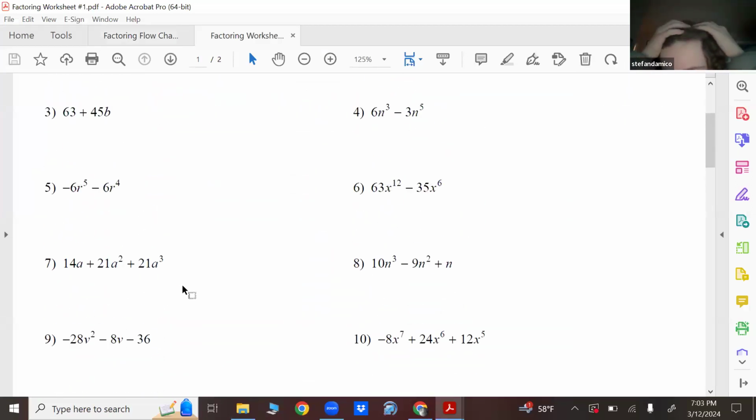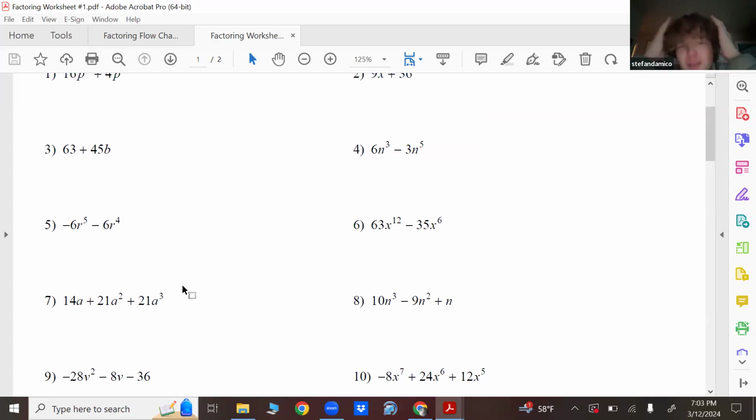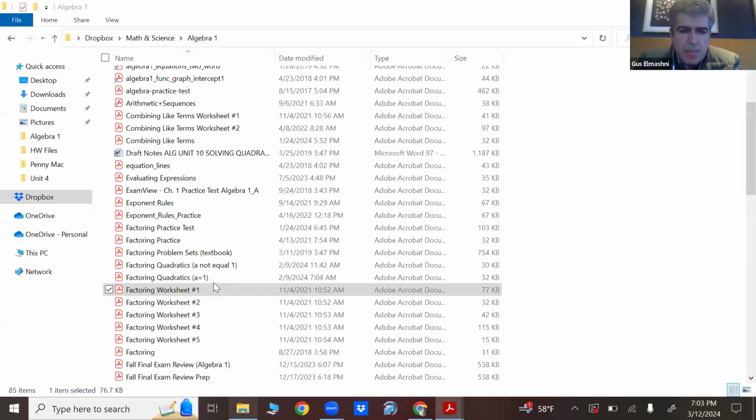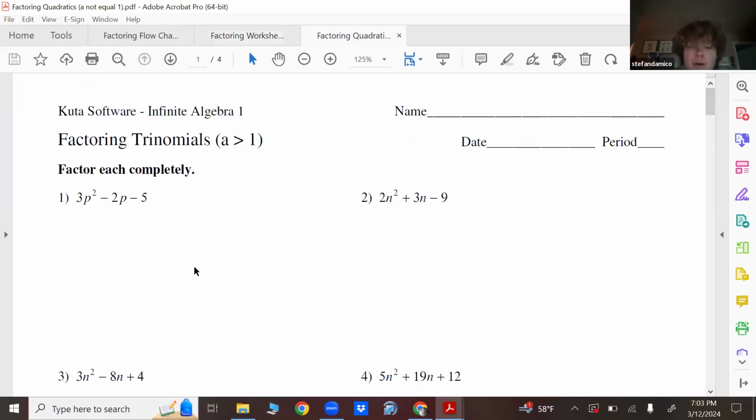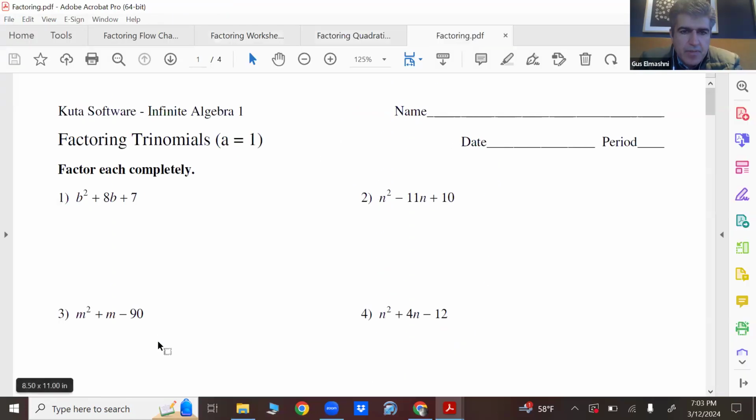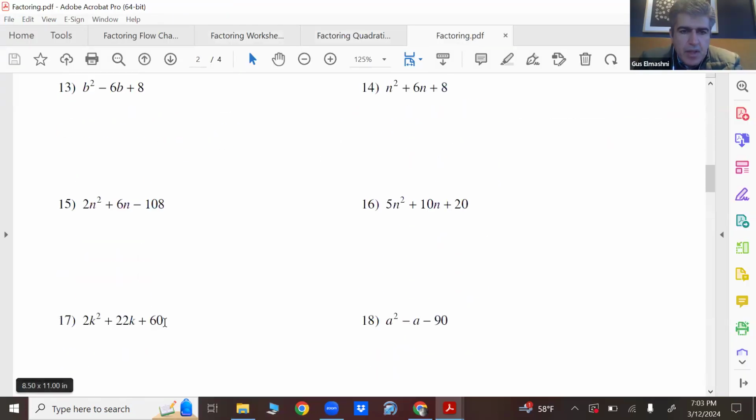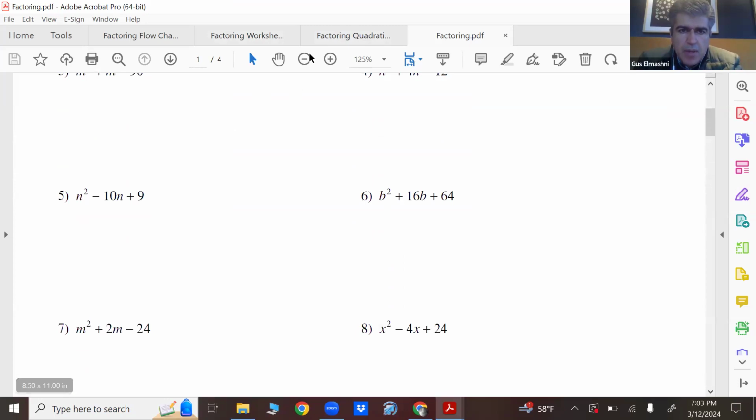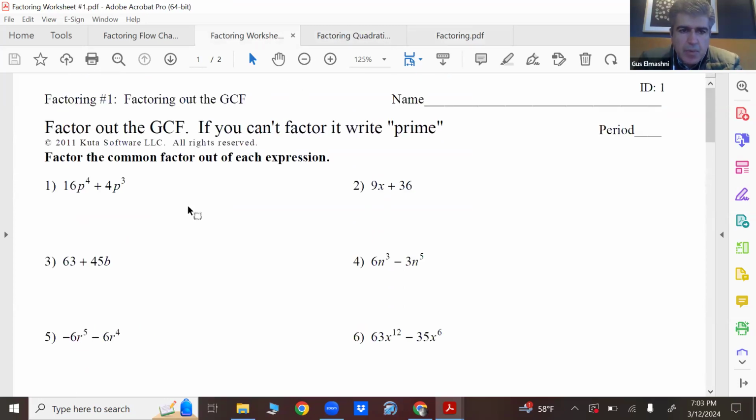Well, this is a little bit too advanced. Let me do something that's a little bit more reasonable. Factoring. You know what? I'm gonna jump around among these different worksheets. So let's start with